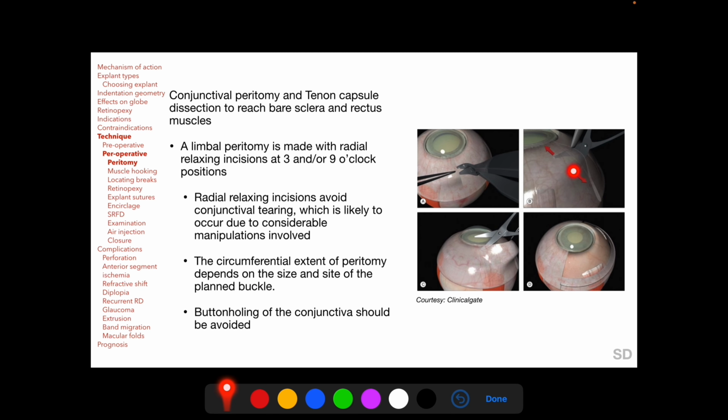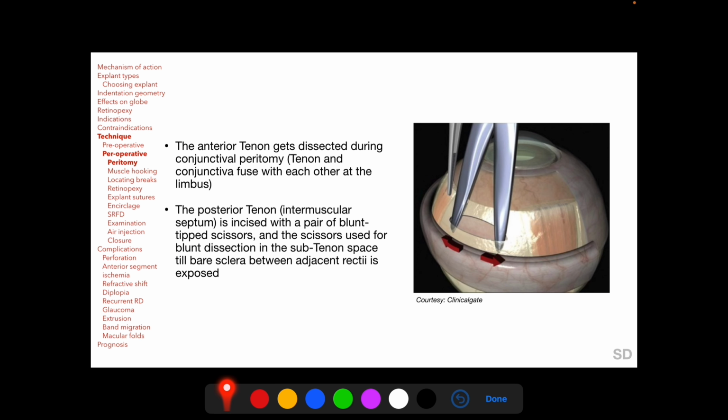This group of images show that the conjunctival peritomy is initiated with the radial relaxing incision and is then carried along the limbus, and the extent of the peritomy depends on the size and site of the planned buckle. The anterior Tenon gets dissected during conjunctival peritomy as the Tenon and the conjunctiva fuse with each other at the limbus, but the posterior Tenon, which is also known as the intermuscular septum between adjacent recti, needs to be incised